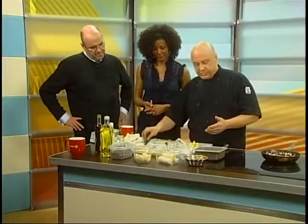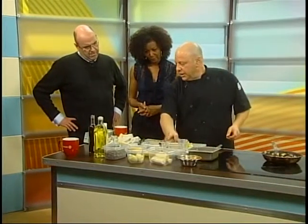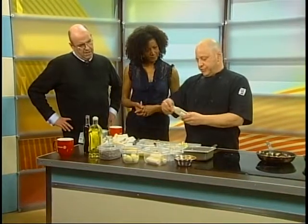So now these knives are different from the ones I normally bring on the show. These are Global knives, and they're Japanese, and they're all one piece, and they're like a scalpel. They're great knives. But that knife's $150, so they're not cheap. So we've got our chili going here, and then we're going to drop...